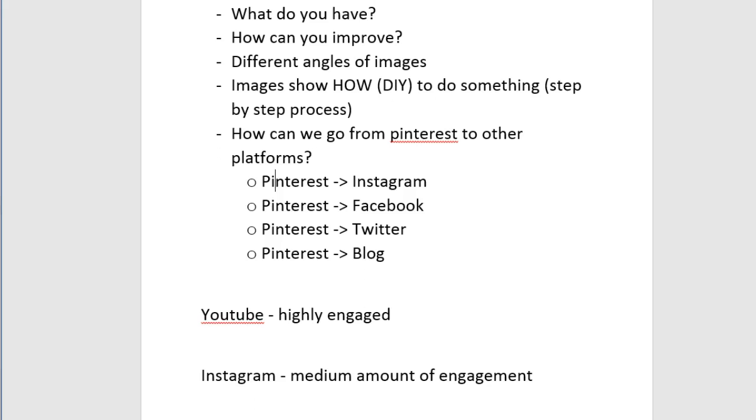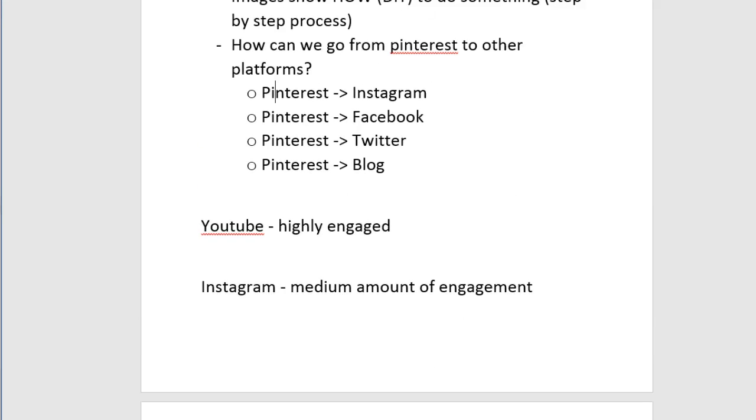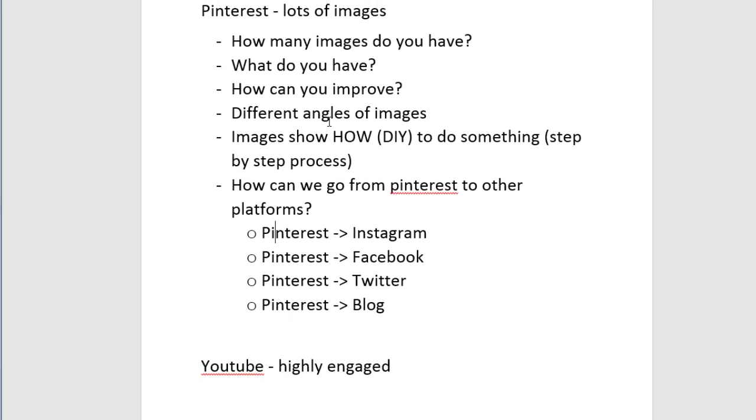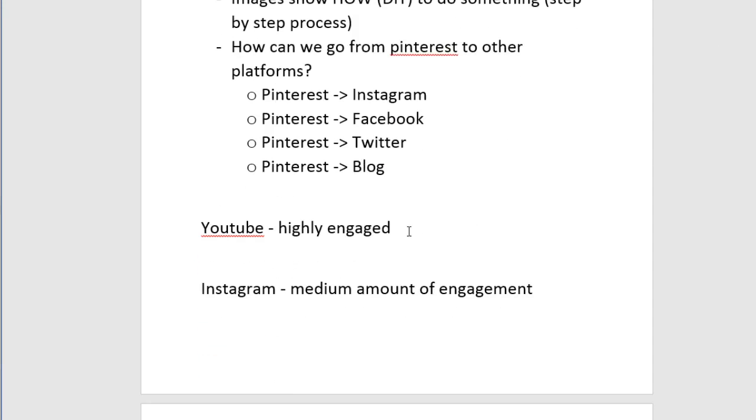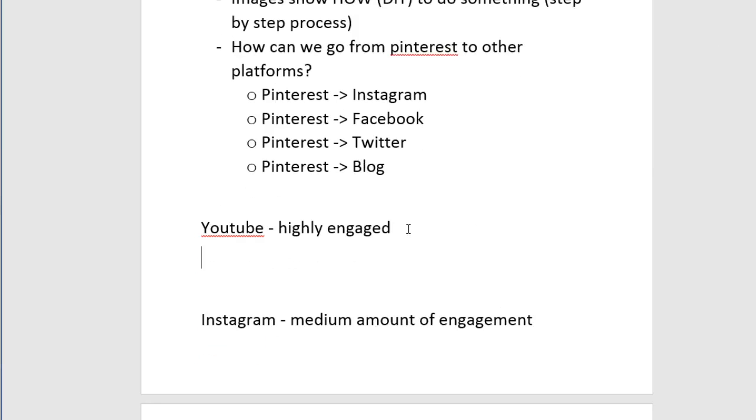So if we do it this way, we could also go from Instagram and up. But what we're trying to do here is trying to go from the extremely high engaging content social media sites and then go to the lower end where it's not as engaged, if that makes sense. Okay, so knowing that in mind, we also have YouTube videos. So with YouTube videos, we found that the engagement level was very, very high. So with YouTube, we have highly engaged, but we're dealing with videos. So we're not dealing with images anymore.